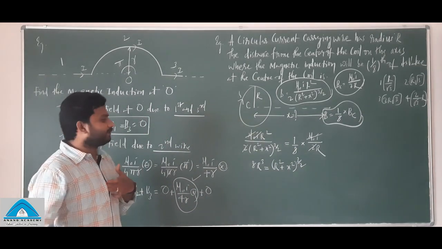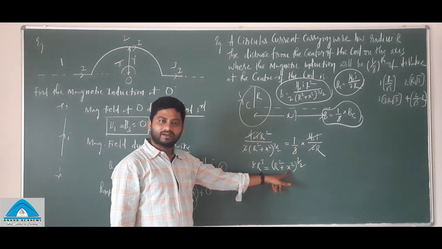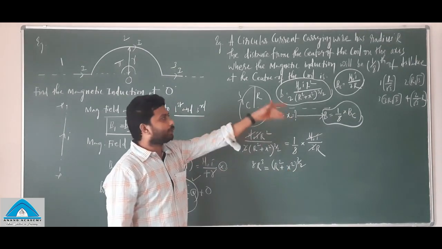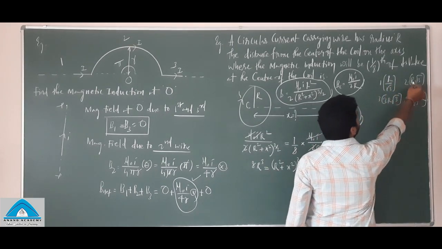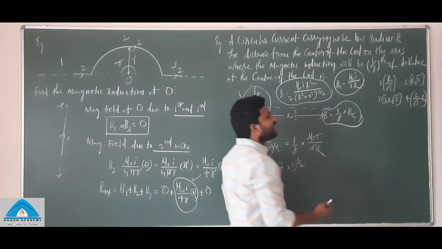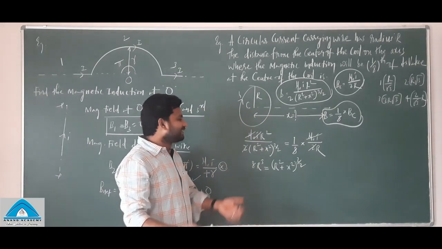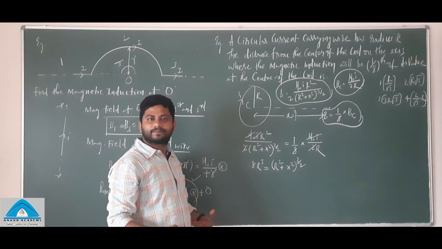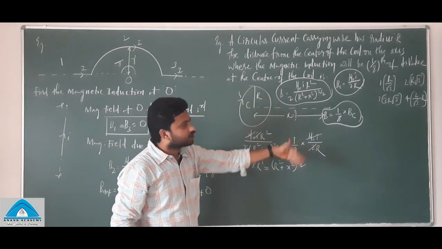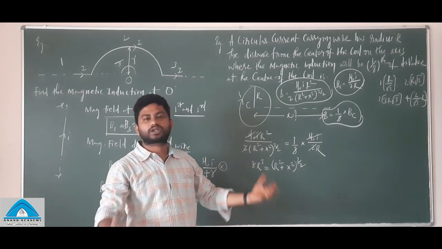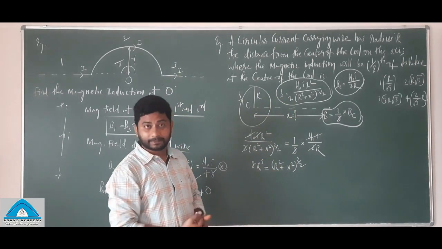Right? Clear? So our aim is to find x in terms of r. See the options there: x is r by root 3, x is r root 3, x is 2r root 3, x is 2 by root 3 into r. The easiest way to do this is to substitute the first option, second option, third option, fourth option. It will not take much time. But if you start solving this, it will take much time.